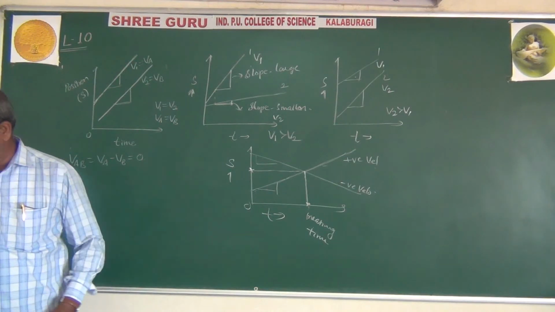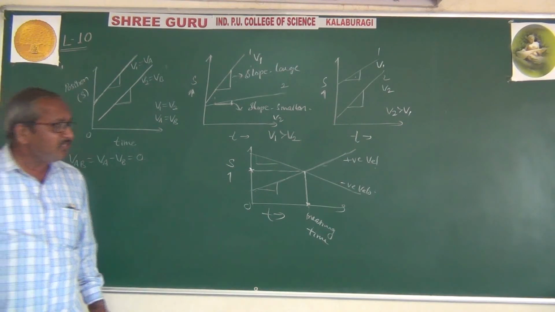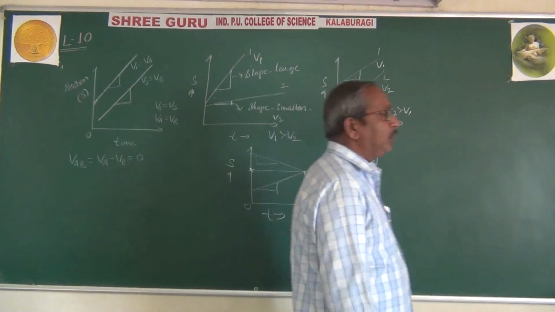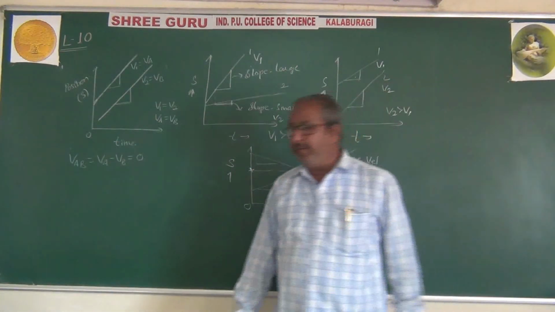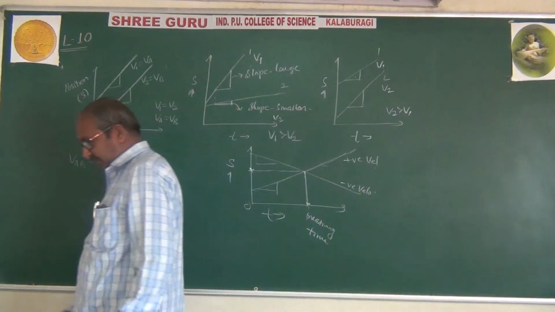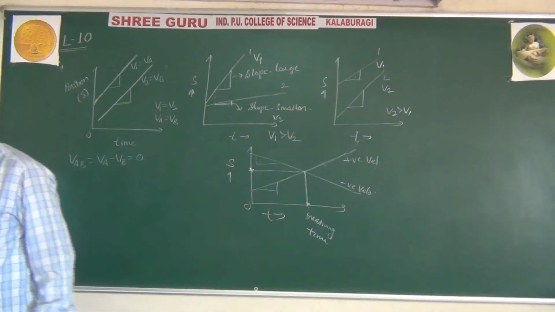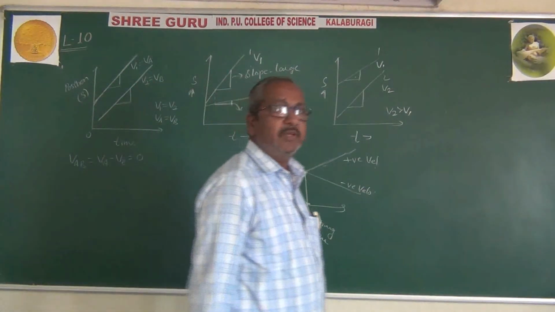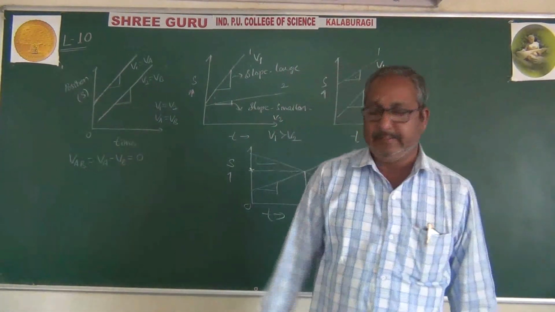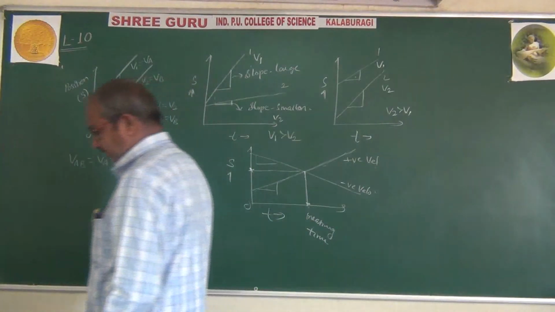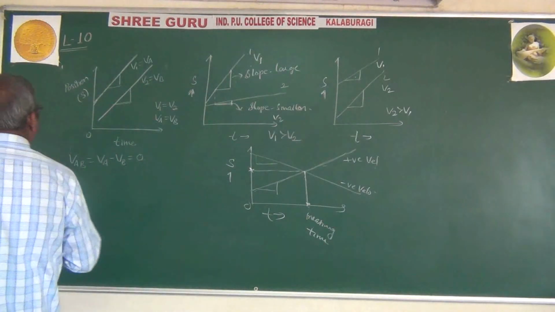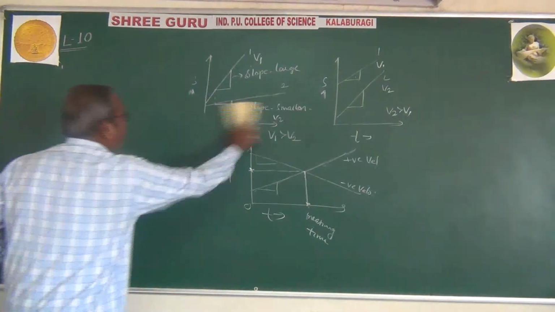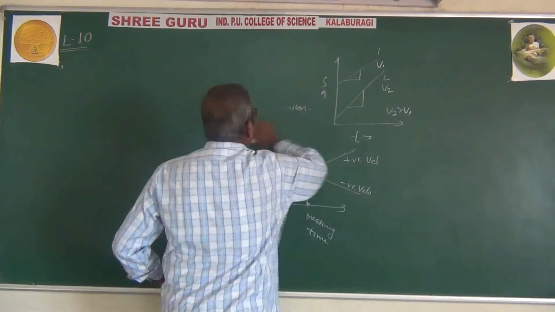I give a number of different graphs. So later we have to show a few differences between distance traveled and displacement, between speed and velocity, and between average speed and average velocity. There are some differences there. Here, a few points we have to show, the different points.